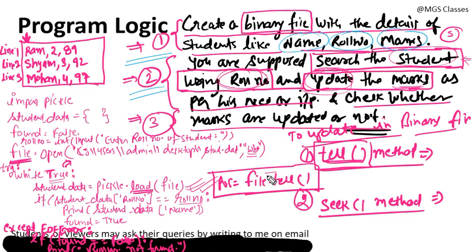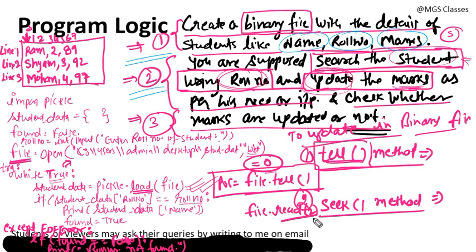So if you call the file.tell method just after opening the file, it will return position 0, because the file pointer is pointing to position 0. This is position 1, this is position 2, and so on; these are the position numbers. Let's suppose you want to read 2 characters in the file, you use the read method.